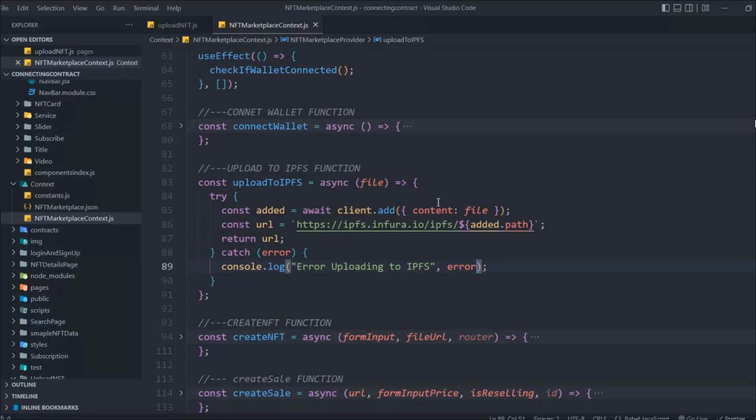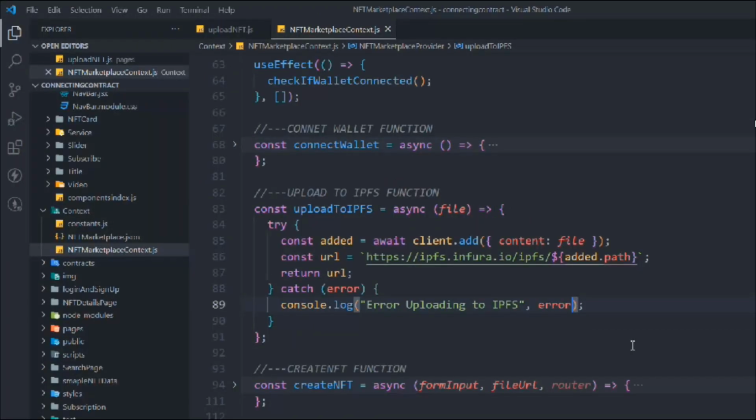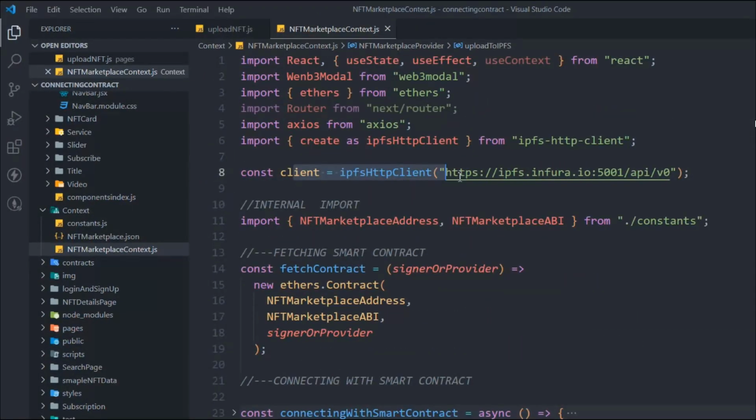Let's come back here. I did a little bit of research, and what I found is that the public API we are using is no longer valid. After the merge and after the update in Infura, you can't use this public API to upload NFTs. You have to get your own API key, and let me show you how you can get that. But before I do that,